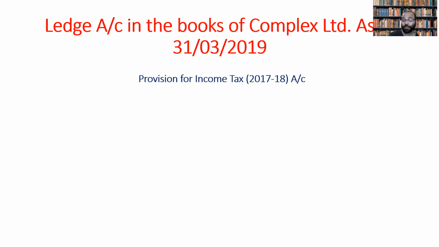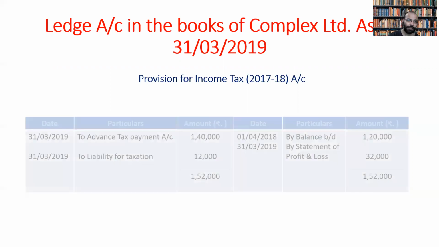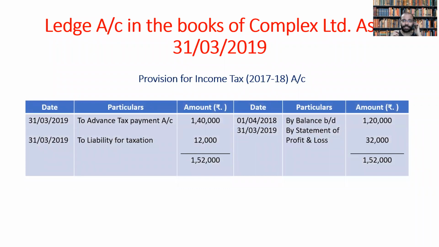So the first ledger account I'm going to prepare is the provision for income tax account, that is for 2017-18. Two years are given, 17-18 and 18-19 separately. So here I'm going to first prepare for 17-18, the previous year. I have not mentioned it here, but you have to know that in the ledger we prepare debtor and creditor, that is debit and credit. On the debtor side, we have date, particulars, amount in rupees. Then on the credit side, we have date, particulars, amount in rupees. I'm very sorry for that mistake. So debtor and creditor have to be mentioned there.